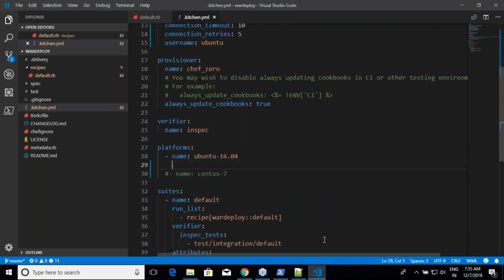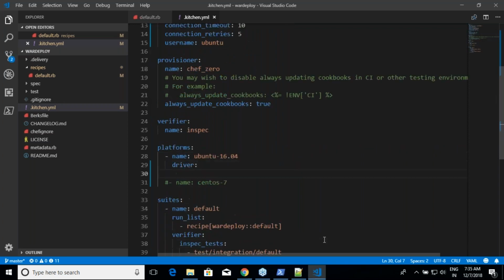You can write a driver, image hyphen ID, and my image ID is this. In this case, you are specifically selecting the image which you want. If you don't, Kitchen will try to search for the images and find you an image for the platform.